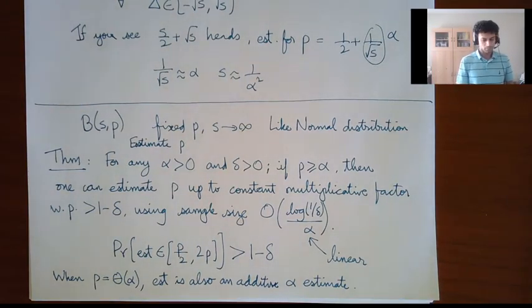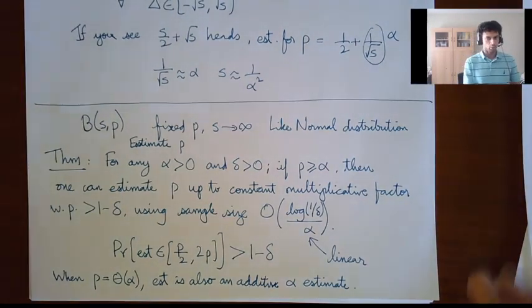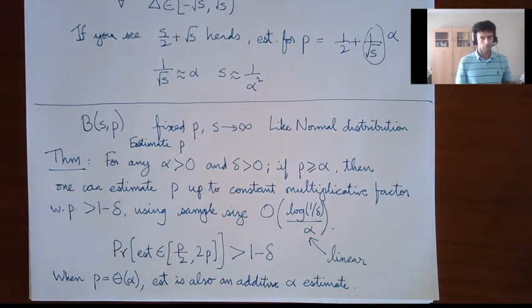So I'm going to end here, and in the next lecture we will do a proof of this using the multiplicative Chernoff bound. And once we have the multiplicative Chernoff bound, we'll come back and start talking about the analysis of randomized quicksort, and after the detour in statistics, we'll go back to algorithms.